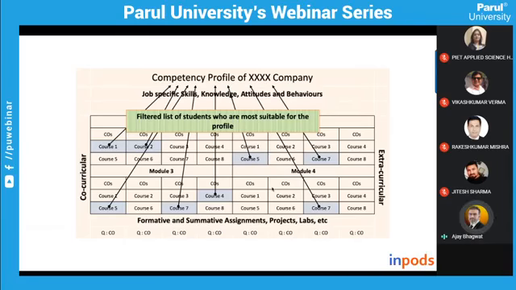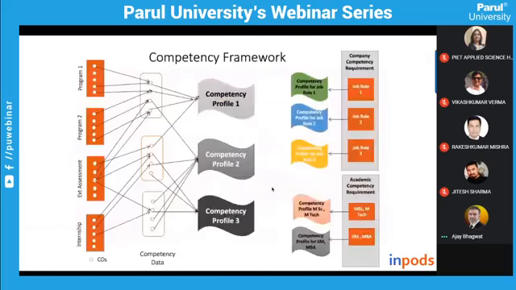That mapping can be done by you, and then you can find out all the other competency profiles given by multiple employers, and also you can map the competency profiles required for higher education in one of the topmost universities or institutions in India, where you want your students to go for further higher education. Those competency profiles also can be added here, and then you can create a mapping like this.